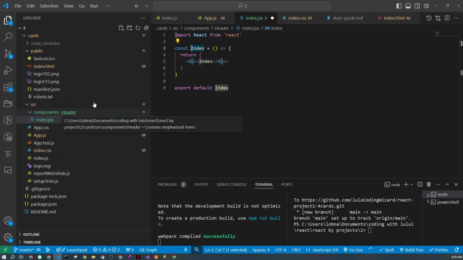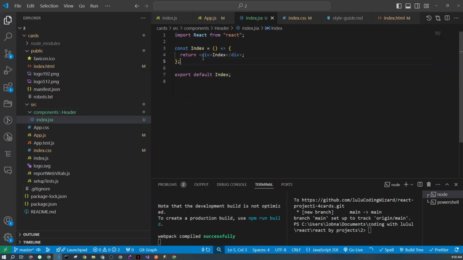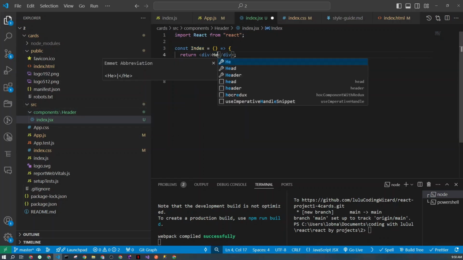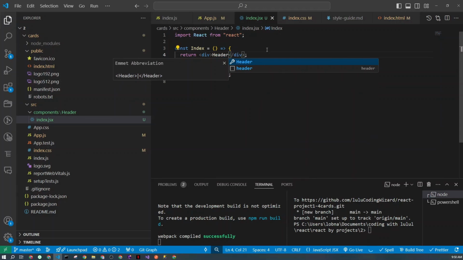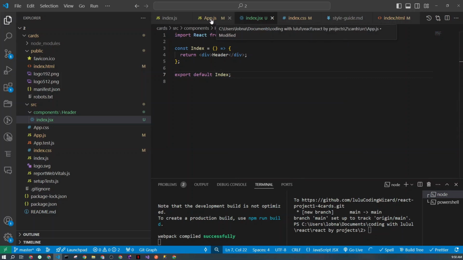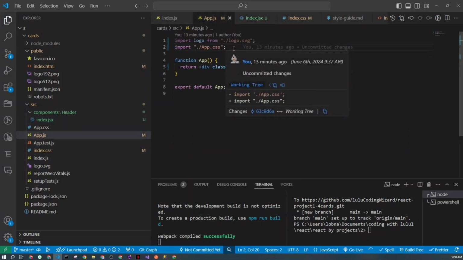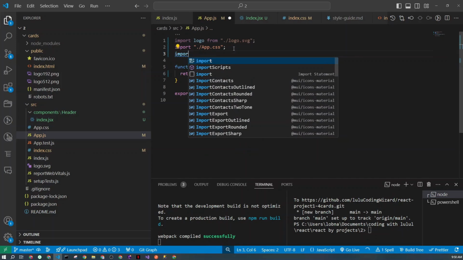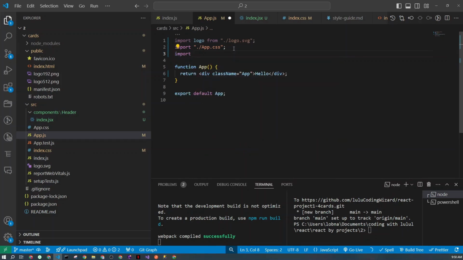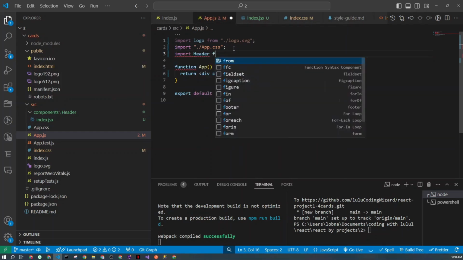Even your naming right there. I'll click Save, and this will be my header. Save. Now I create my component, it's exported. Let's go and import it inside our app.js. Okay, so I say import, and I will say header from